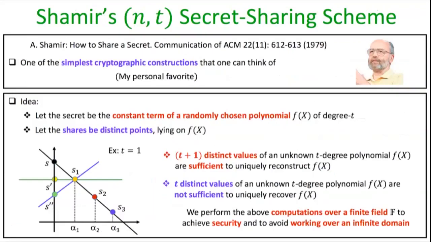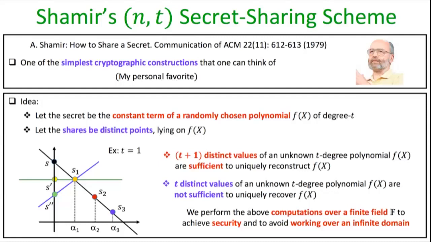And that's why we now need a solution which is practical and very easy to implement for any value of n and t. It doesn't matter what the value of n is and what the value of t is. So this secret sharing scheme is called Shamir's secret sharing scheme. It's just a 2-page paper, a very simple solution, but this solution has had a tremendous impact. It is one of the most widely cited cryptographic algorithms.